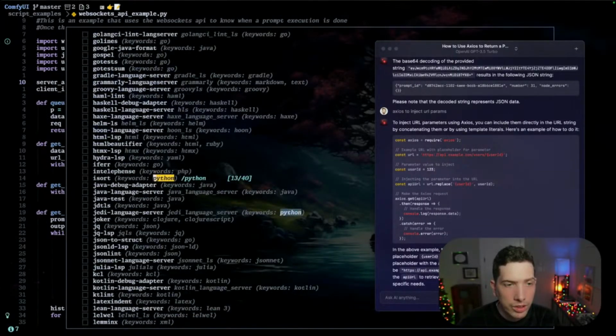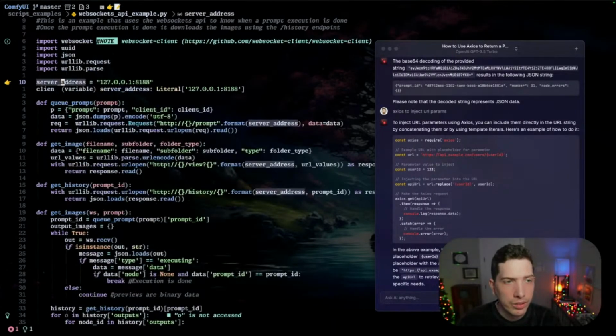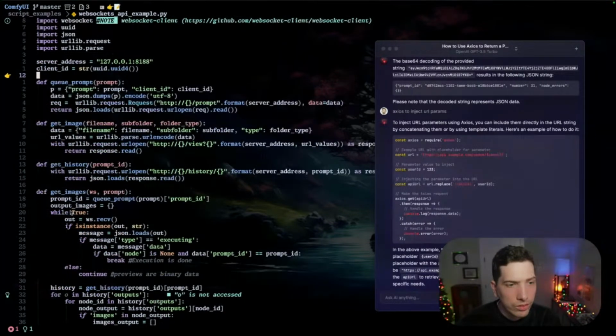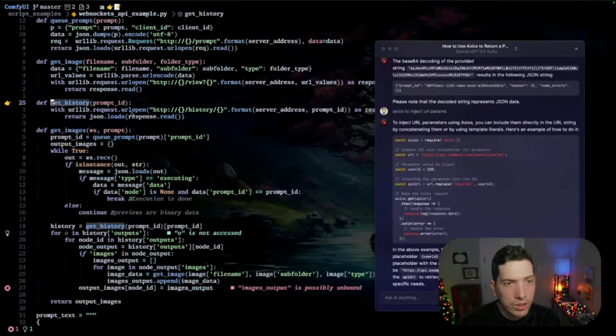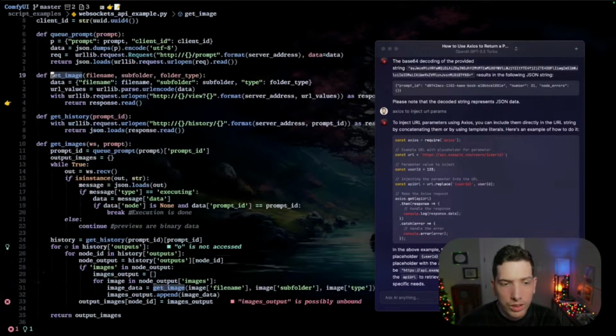Not really getting autocomplete here. The prompt ID, Q prompt. While executing, get history / history. And then on the outputs, the nodes, and then on the nodes we get the image, and on the get image,